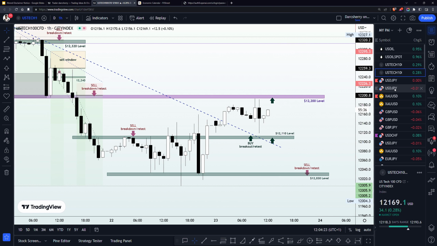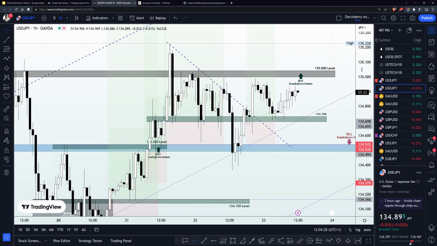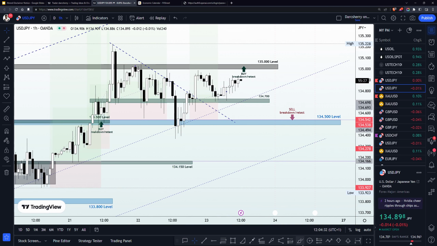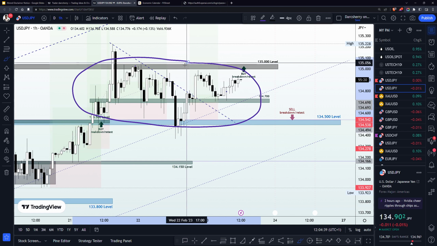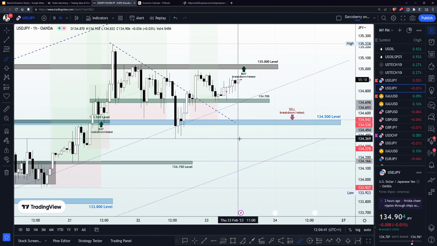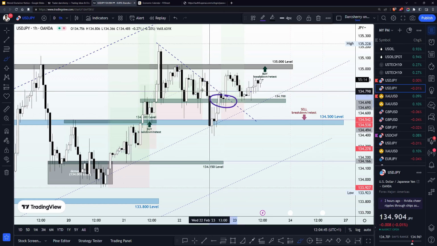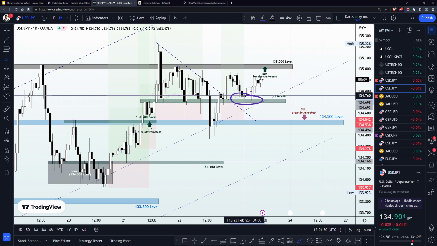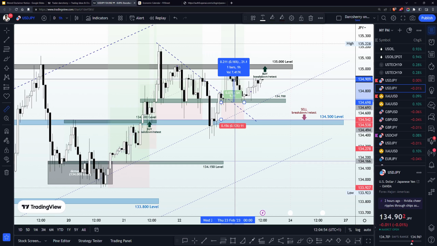Then we went on to talk about the USDJPY. And in fact, on the USDJPY, price action has been quite choppy here, as we continue to see a consolidation between the 135.00 level and the 134.500 area. And what we simply said here is that since we already have a buy position at the breakout of both the trend line and the 134.700 level retest of structure, we are currently running with about 20 pips in profit